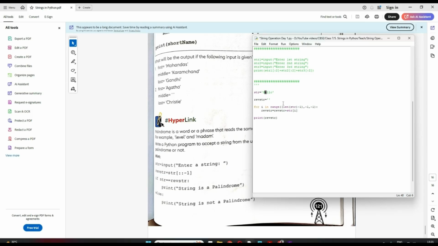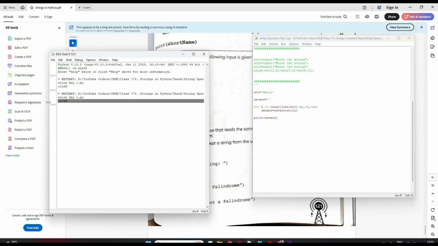And then at the last index 0, it will fetch H. So here it will be OLLEH. Did you get this, how I reverse? And then I'm finally printing the reverse. Nothing else I'm doing, I'm just printing the reverse. So see, I got my reverse here, right? Is it clear how I got my reverse?